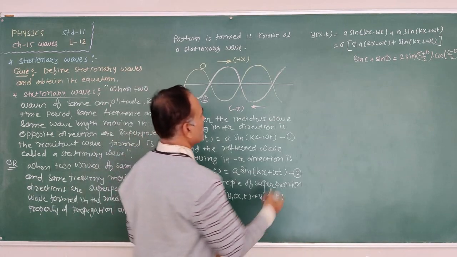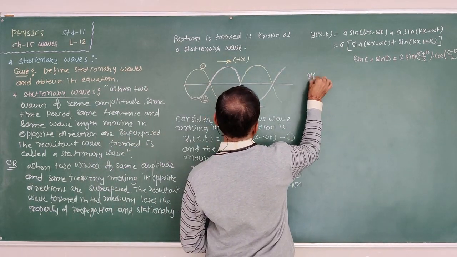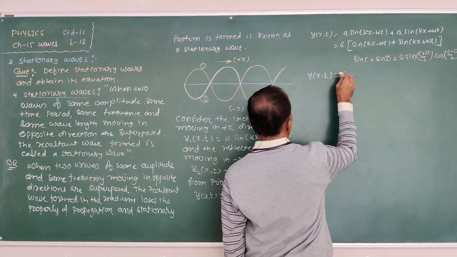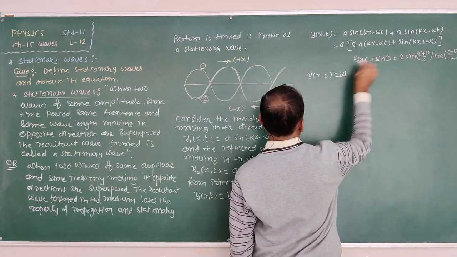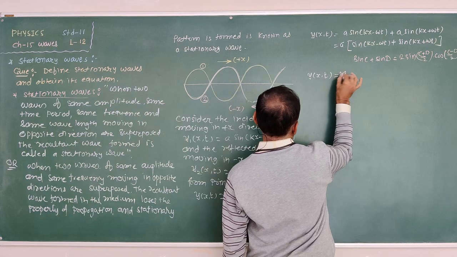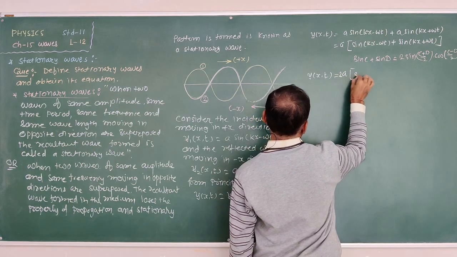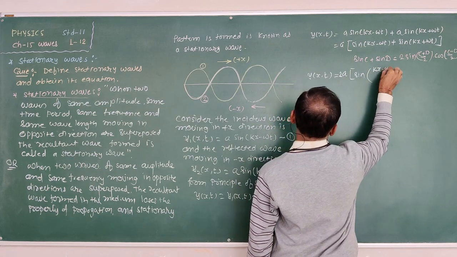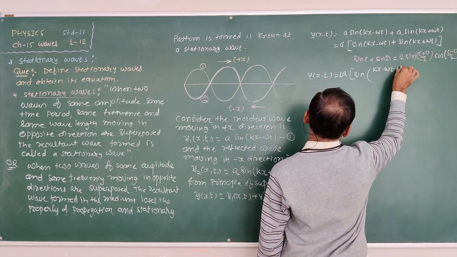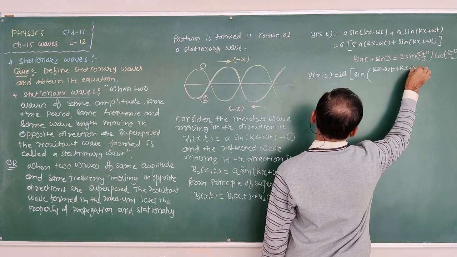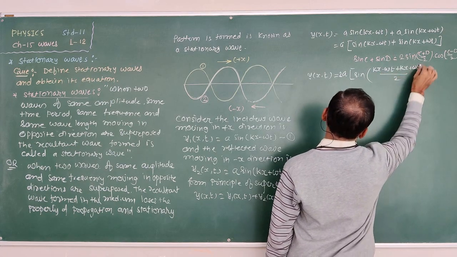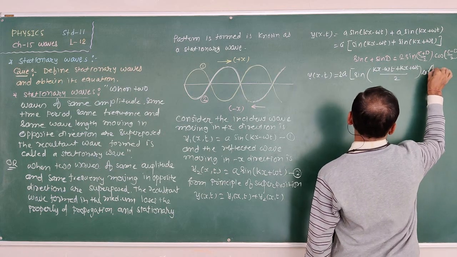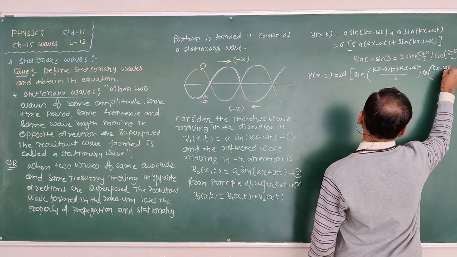Therefore, our equation becomes: the resultant displacement y(x,t) is equal to 2a into the bracket sin((kx minus omega t plus kx plus omega t) by 2) into cos((kx minus omega t